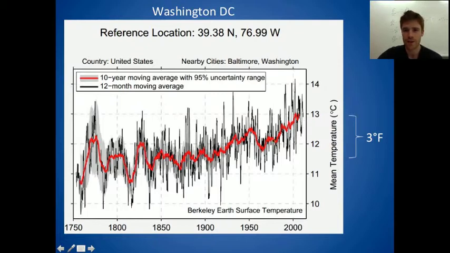So it's kind of harder to see the increase in temperature at any given location than it is to see the temperature increase in the global average, because when you average over the globe, you essentially get rid of this movement of air around the surface of the Earth that causes these intense wiggles and kind of obscures the global